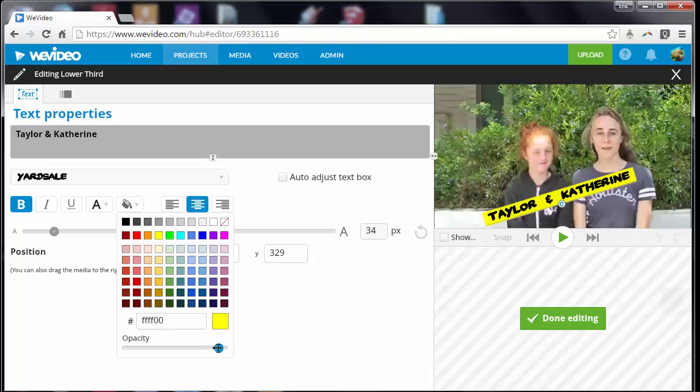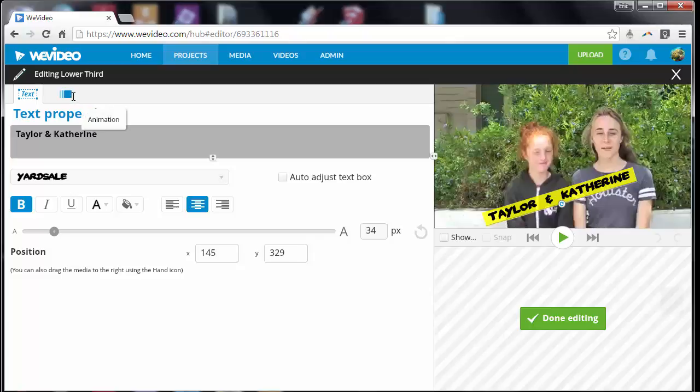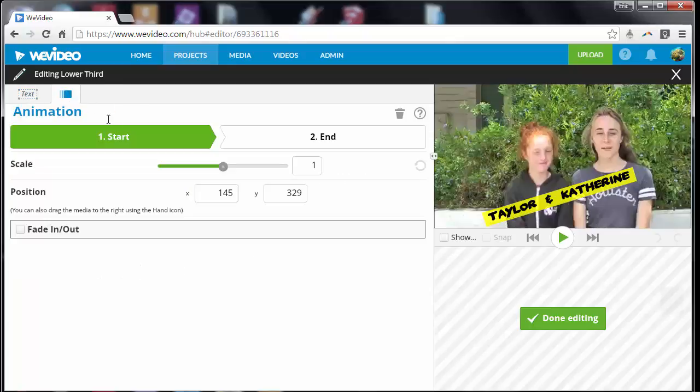You can make it slightly see-through if you'd like. Sometimes that's a nice effect. And then you can have it fade in and fade out, or you can have it moving across. I don't usually do that too often. Start it up at the top and have it come down, but you definitely can do fade in and